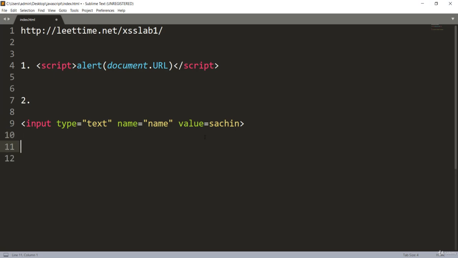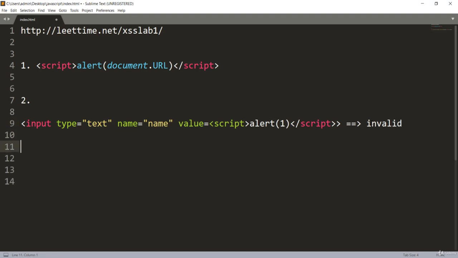You could see anything you type is injected in this value. First of all, if you want to inject some JavaScript code, you have to first close your input tag, because this is an HTML element. You cannot inject your script, which is JavaScript, giving an alert of 1 or anything and just closing the script here. You can't do this because you are inside this input tag, which is your HTML element. So you have to first close this HTML element and then you can inject your code. So this part is invalid, so you can't do this.